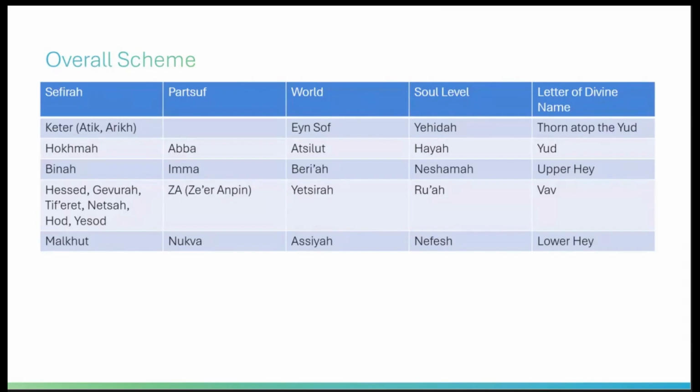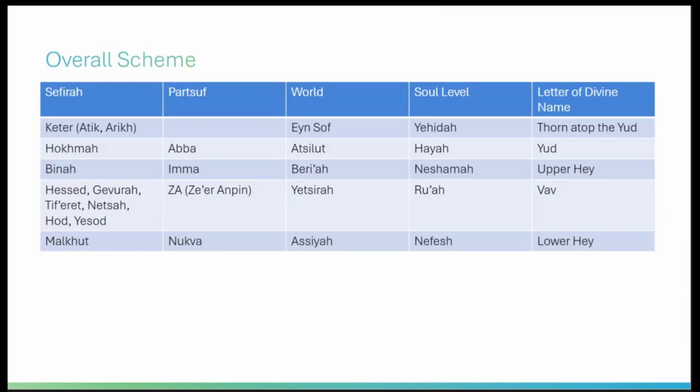And then they also correlate to the respective worlds. Keter is more related to the realm of Ein Sof. This is not entirely precise, but it's a good beginning to think about it. Chochmah corresponds to the world of Atzilut, a world in which Chochmah is the dominant characteristic. In Bria, Bina is dominant, in Yetzirah, the emotional attributes are dominant, and in Asiyah, Malchut is dominant. And likewise in the soul levels, Yechidah corresponds to the Ein Sof, generally speaking the transcendent levels, Chaya to Chochmah, Neshama to Bina or intellect, Ruach to emotions, and Nefesh to the practical, down to earth.